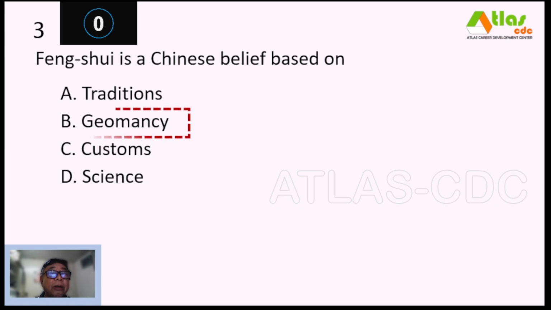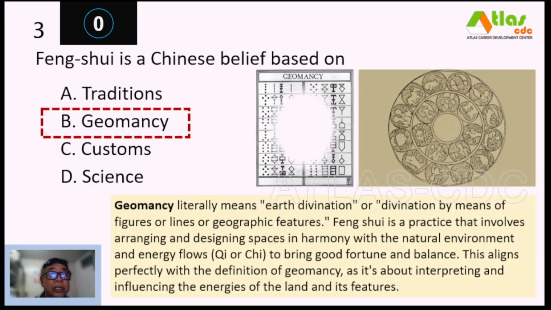And our correct answer is letter B, geomancy. So geomancy literally means earth divination or divination by means of figures or lines or geographic features. Feng Shui is a practice that involves arranging and designing spaces in harmony with the natural environment and energy flows, the qi or the chi, to bring good fortune and balance. This aligns perfectly with the definition of geomancy, as it's about interpreting and influencing the energies of the land and